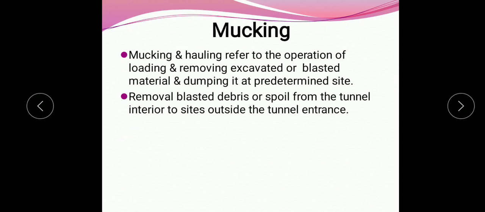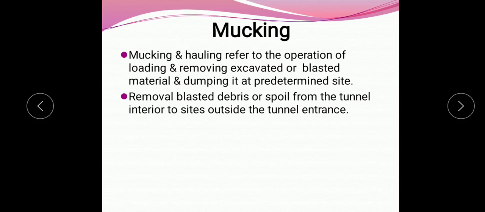So, at the time of construction of a tunnel, we have to excavate the ground, and whatever excavated material is available on the tunnel site, we have to collect, and that collected material we have to dump outside of the tunnel site.